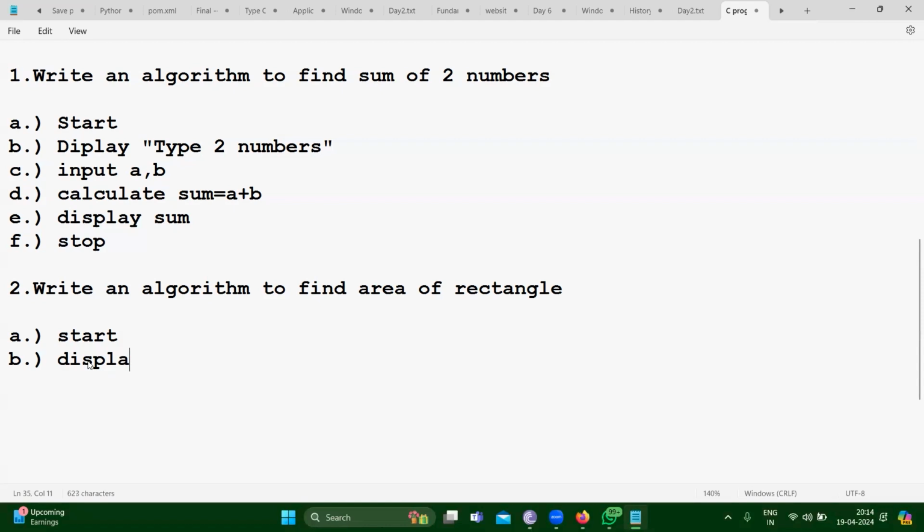Input, type the length and the breadth. Okay, input means we can take like display. First, we need to display. Yes, what you said is correct. Type length comma width. Next, input L comma B. Yes, that's it. L comma W. Next,